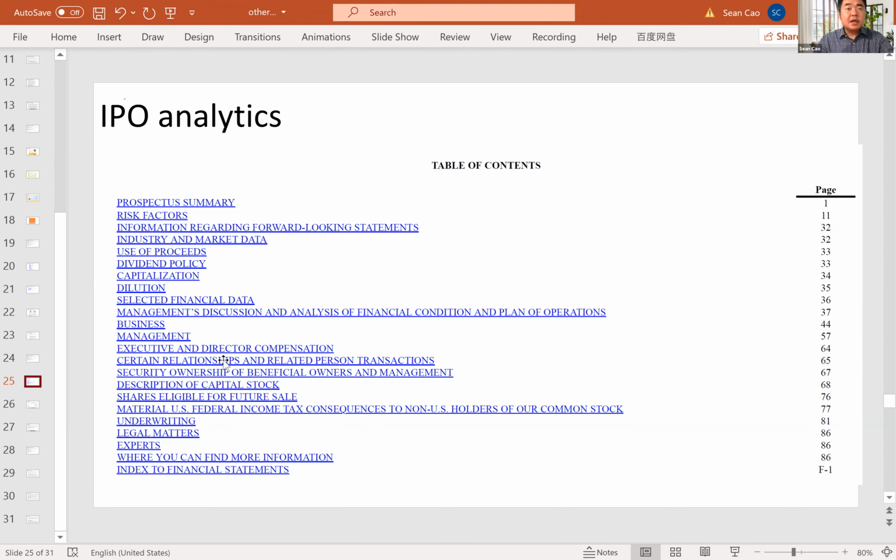You talk about the management. You're talking about the corporate governance, compensations. You talk about personal transactions. You're talking about the ownership. You're talking about the futures. You're talking about the tax. You're talking about who is underwriting. Is Goldman Sachs helping you or JP Morgan? You're talking about legal issues. You're talking about